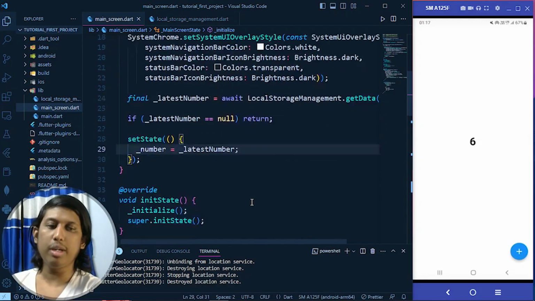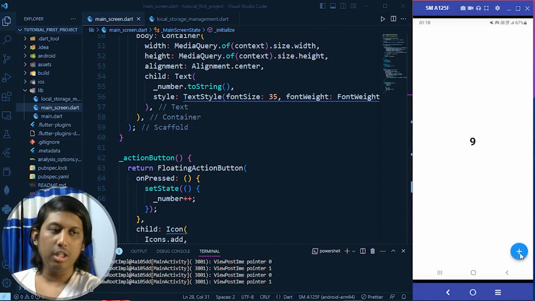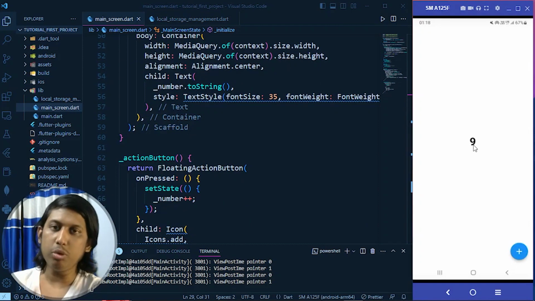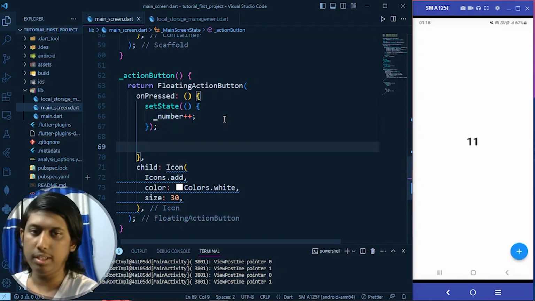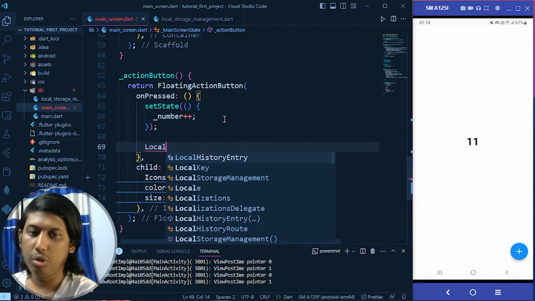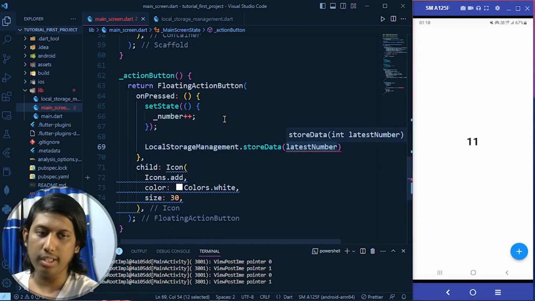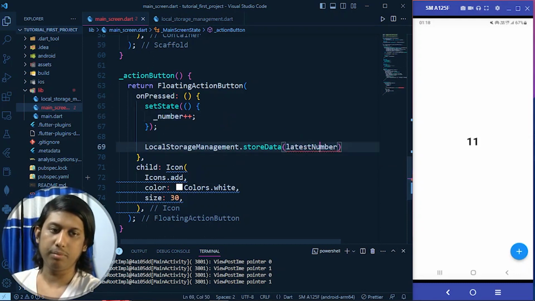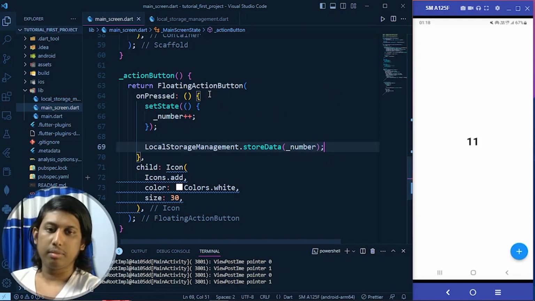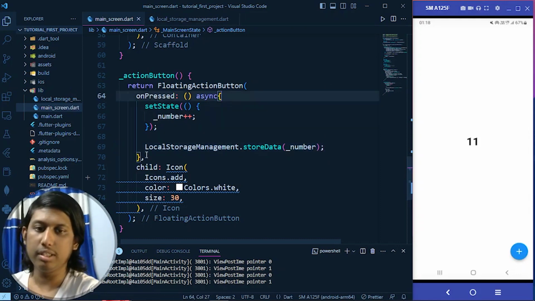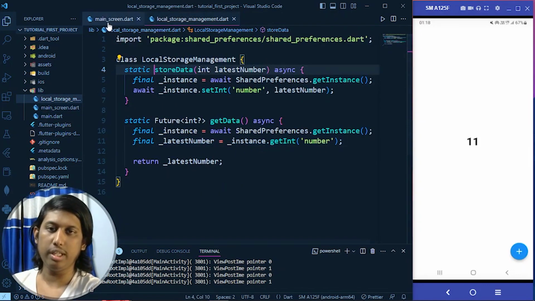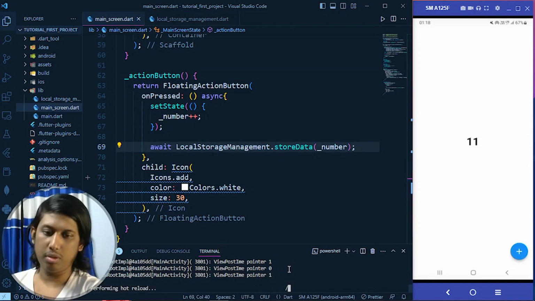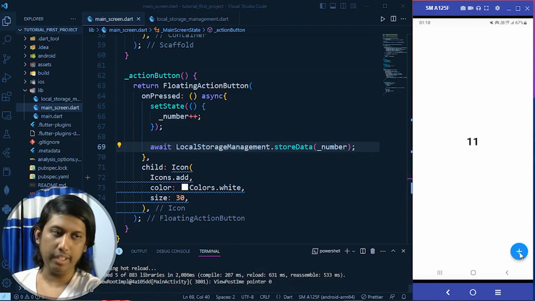Now whenever we click here, we can see the number is increasing. We have to store the last state of the number in the local storage. How can we do that? Very easy. We have to store the number in the local storage. For that we can write LocalStorageManagement.storeData and pass the latest data. We can make the method asynchronous, because as we know, storeData, if we go here, is an asynchronous method. Now if I hot reload it and click here,